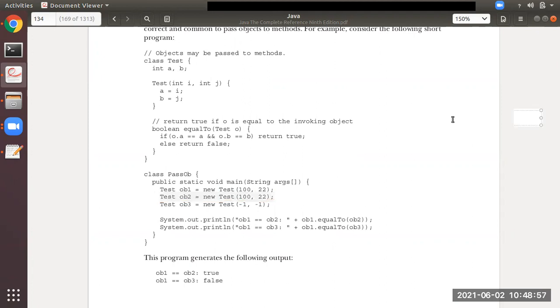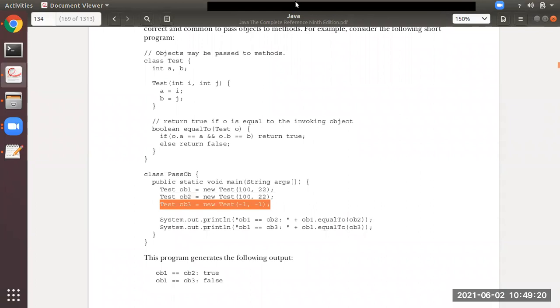So ob2 has got again a as 100, b as 22. Now, after this, you see ob3 is calling the constructor with the values as -1, -1.